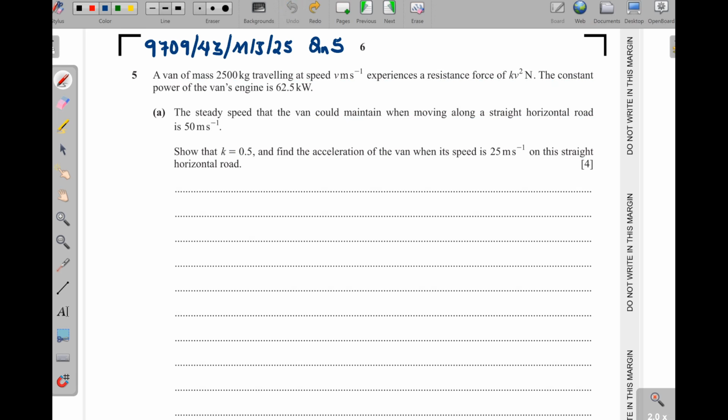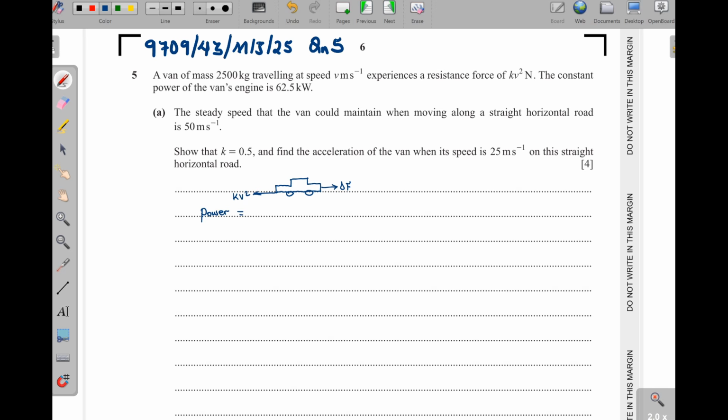Okay, we have this van here. Okay, and then there is a driving force. Then it has a resistance force. Okay, the resistance force is kV squared. Now, they say that the steady speed that the van could maintain when moving along a straight road is 50 meters per second. Now, we know also that power